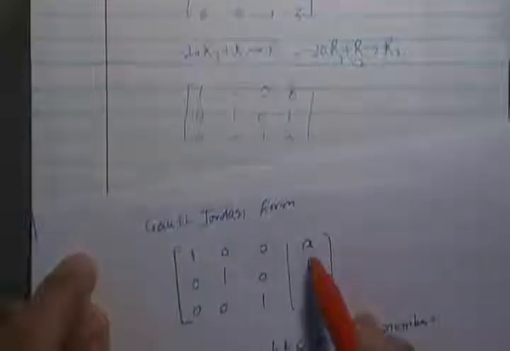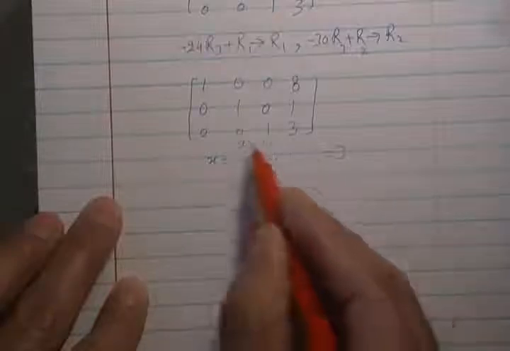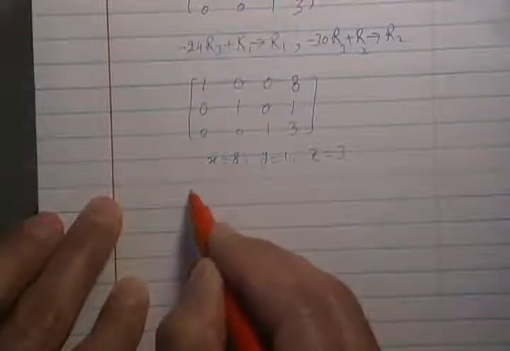For distinction, A, B, C were supposed to be some numbers, and we have 8, 1, 3. Once we reach this, the 8 would be the x value. If we write the equation, 1 times x is equal to 8. Then y is equal to 1 and z is equal to 3. So you can write x is equal to 8, y is equal to 1 and z is equal to 3. We'll write the solution as an ordered triplet because this is a 3 variable system. So our solution will be